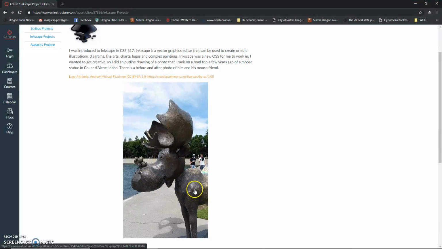Kind of the same idea with his whole face and his neck, his nostril, his eye, and his body. The things that were challenging on this, quite frankly, were making the lines and using the Bezier tool, and also using the nodes. The nodes were really challenging because there was no way to precisely tell Inkscape the thickness that you wanted on the line,